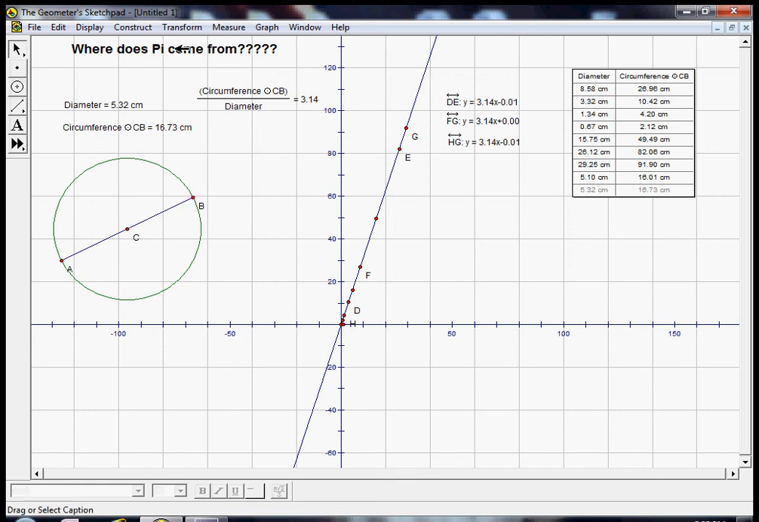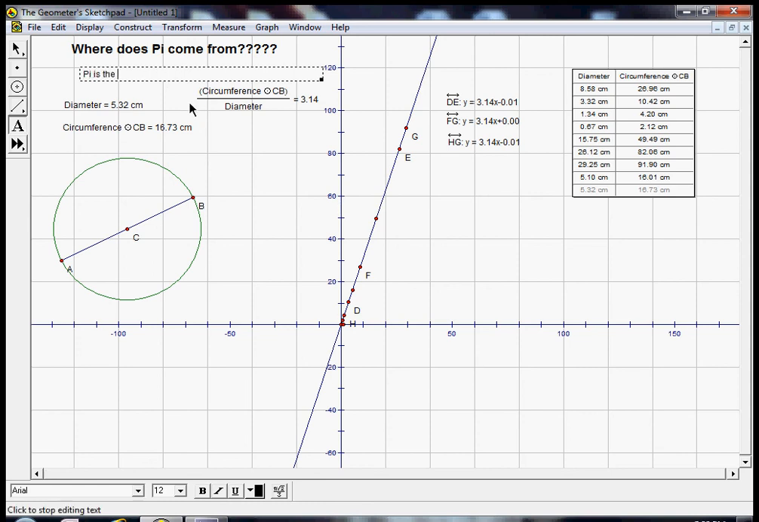So it turns out that pi is actually the relationship between all the circumferences of all the circles in the world, and all of their corresponding diameters. And we can find pi by taking circumferences and dividing them by the diameters of a circle. So let's just write that down here. Where does pi come from? Well, pi